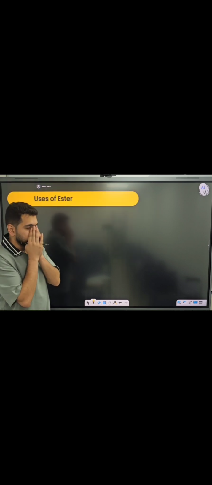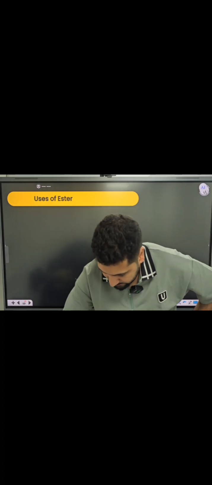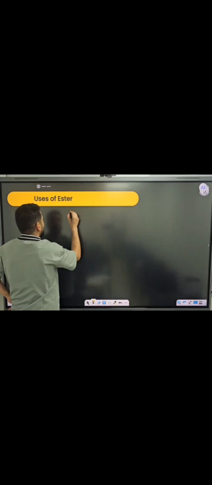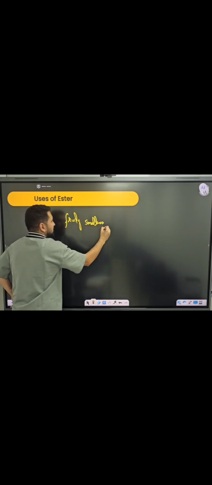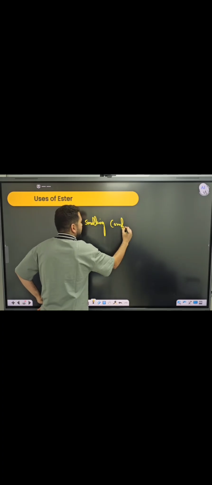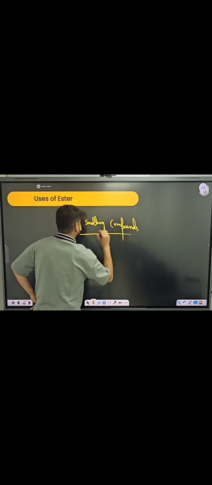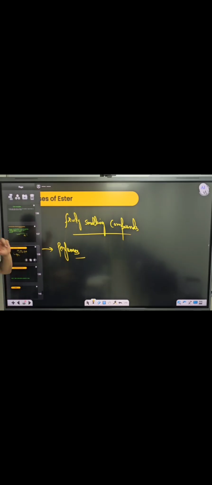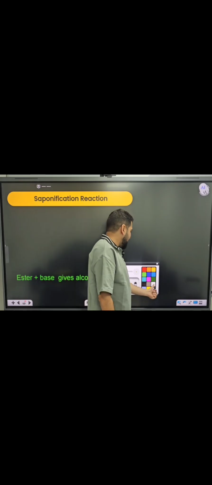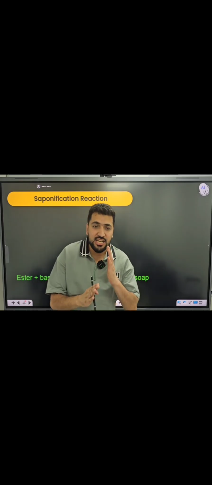Now, guys, what are the uses of esters? Can you let me know what are the different uses of esters? Yes, so fruity smelling compounds. Esters are called fruity smelling compounds, right? So they are used in perfumes, right? That's their use. Done, guys. Already done. And now let's move on to the last part, and that last part is detergents and